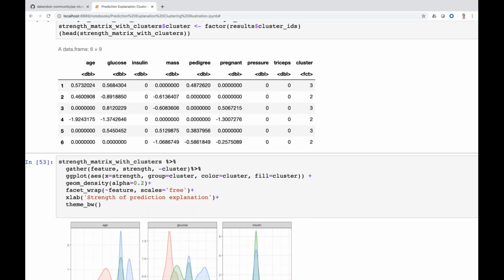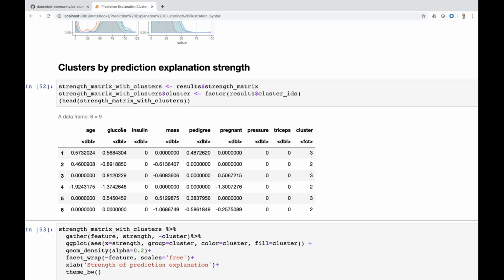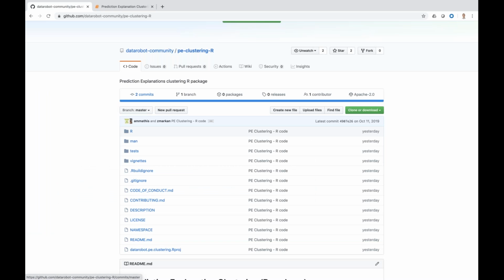And just as a tail end here, I do provide in the output the strengths matrix, that flattened matrix of prediction explanation strengths, that you could use if you'd like to cluster in your own way or do different styles of dimensionality reduction. You have the output here to work off of. So hopefully you'll find this package useful, and I do welcome your feedback as you start using it. We'd love to hear how you're using it, any troubles you run into, or suggestions for how to make it better. So with that, I'll hand it back to Rajiv.